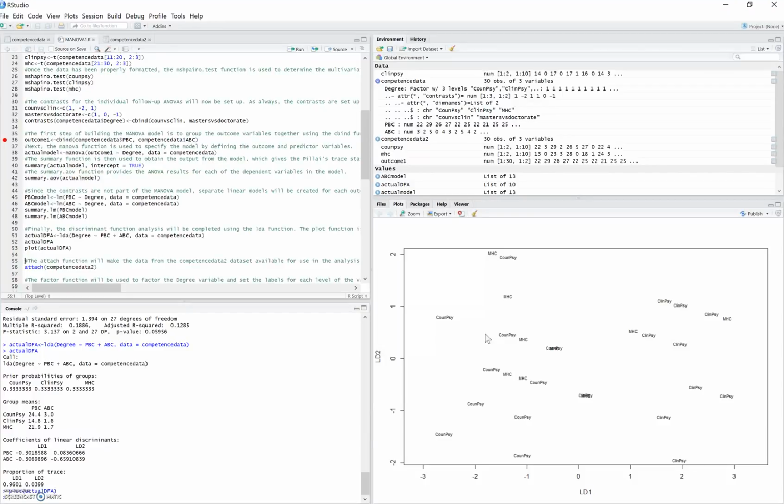So when the video cut off last time, I was creating the plot that goes along with the discriminant function analysis. And this is the plot here. You can see that